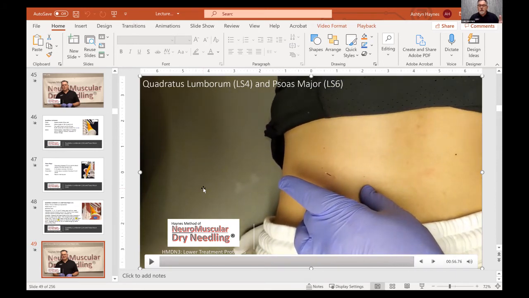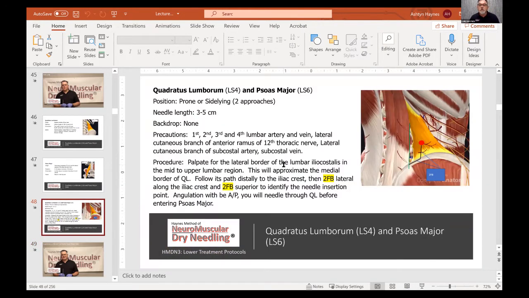Again, that needle location, angulation is just posterior to anterior. And we come back and we look at our landmarks here. We are following that iliac crest over to the lateral border of iliocostalis. We're going to move 2 finger breadths further along that line, along the iliac crest, and then 2 finger breadths superior. Anterior to posterior gives us, and here it is a rather lengthy needle to get down into psoas, but